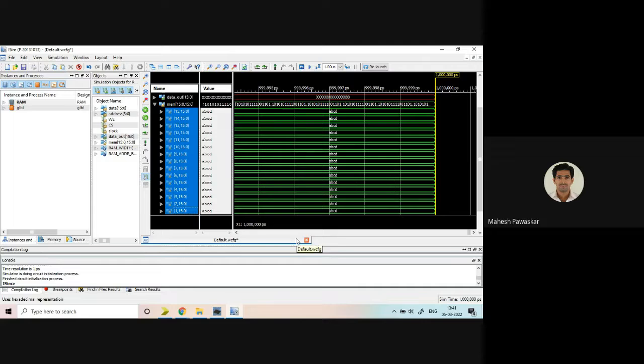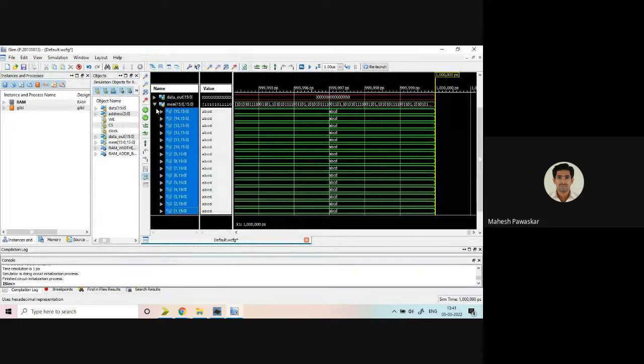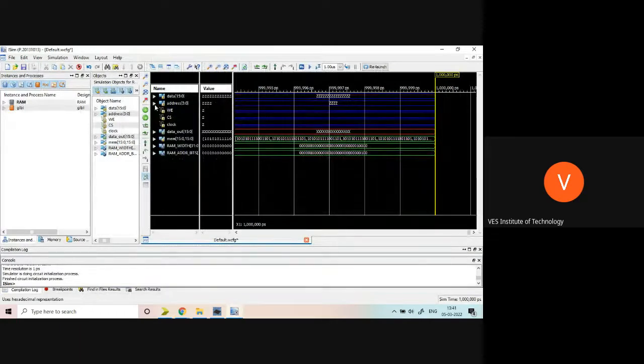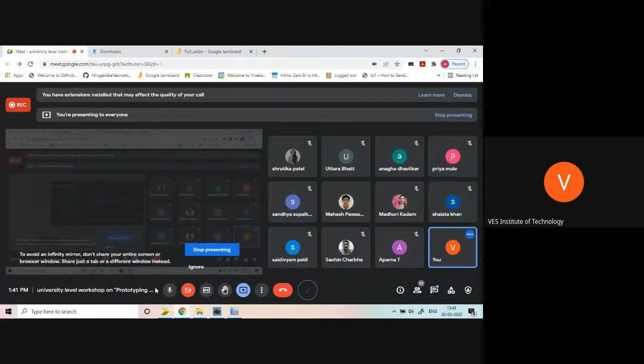Sir, when we are storing the data in such a way, is it consuming hardware? No, sir. It is in the memory. It already took the hardware; it is made inside the RAM. Yes, the memory is already taken. We are initializing that memory with this, just storing in that memory only. What generally happens in block RAM? Generally, we create a RAM, then we write something into the RAM, then we read and perform operations. That is the general procedure.